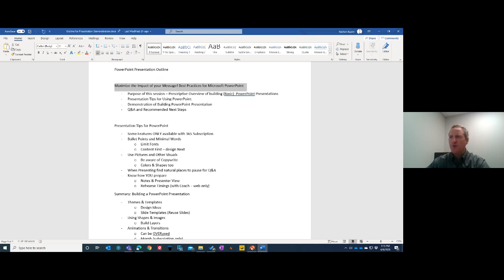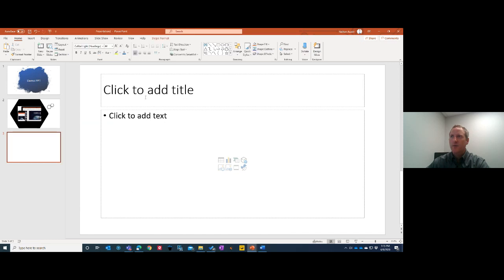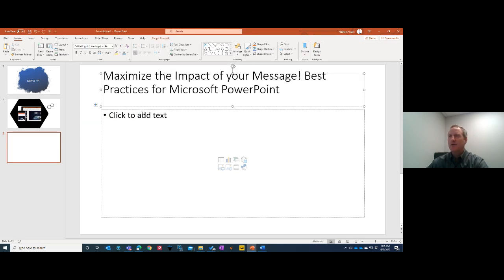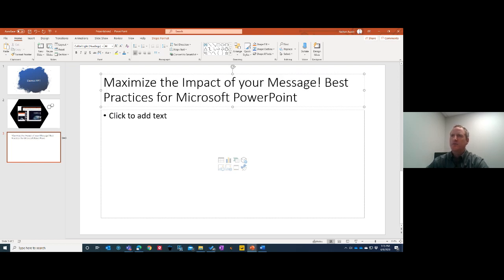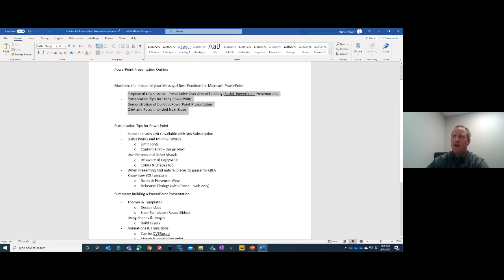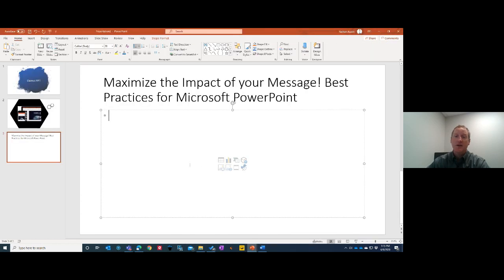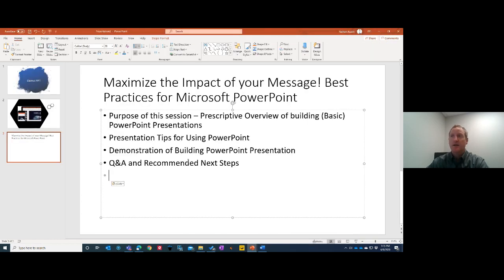There is a way, by the way, you can import outlines from Word into PowerPoint. I'm not going to show that today. I found that it works pretty well, but depending on how much outline you built out, it doesn't save you a ton of time. Like for instance, only having 3 slides that I built out here, it doesn't save me a ton of time. But if I have 10 or 15 or 20 slides that might be from an outline, it would save me a bunch of time. So now that I've just copied and pasted this content, one of the things you'll notice is that it's just black and white text, and that's fine, but